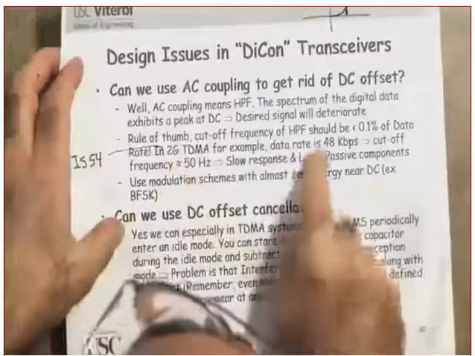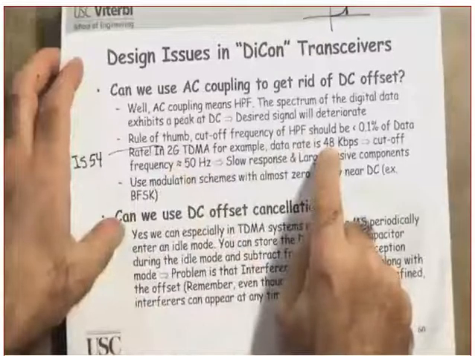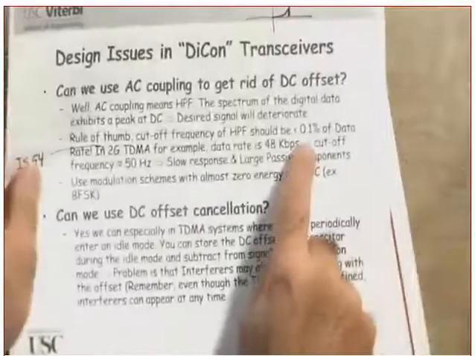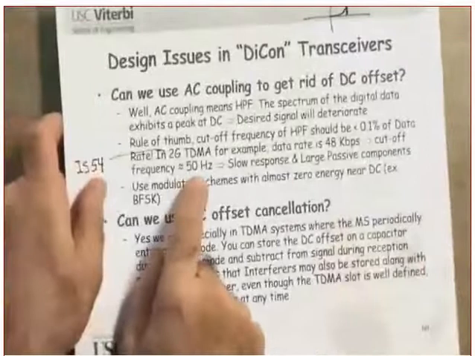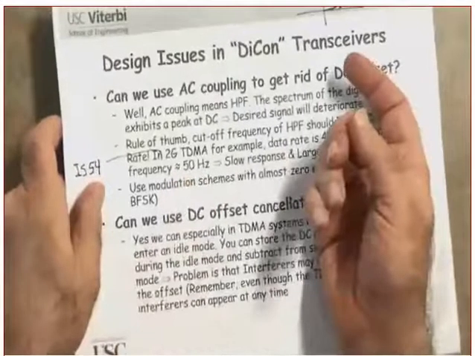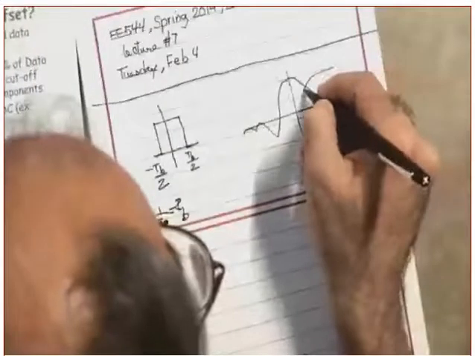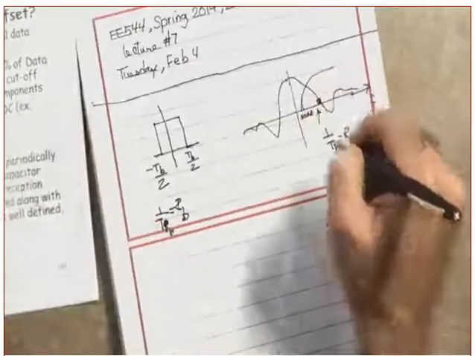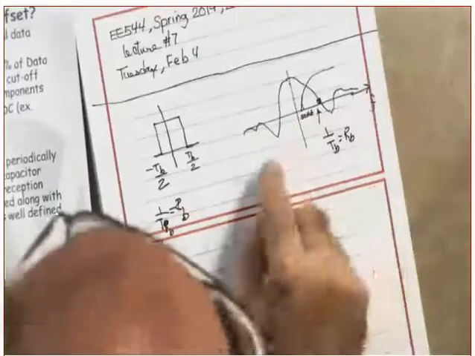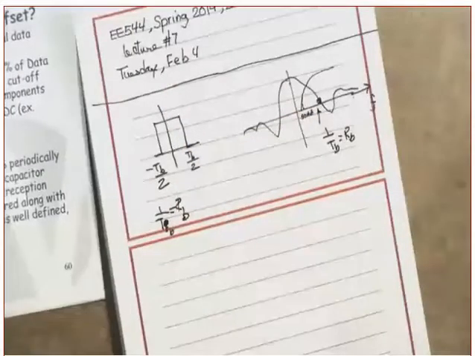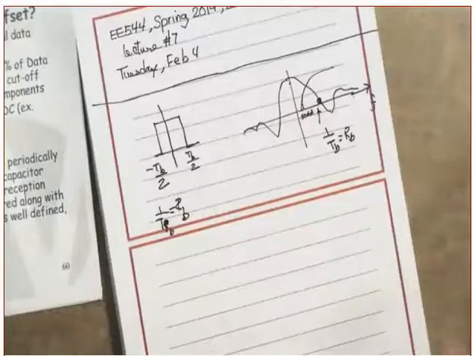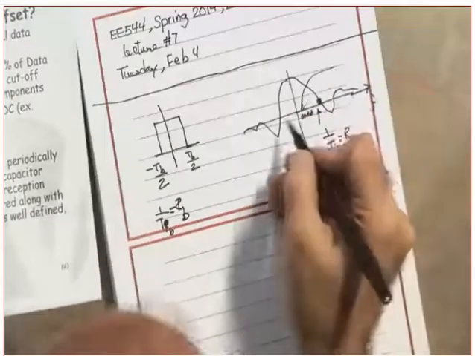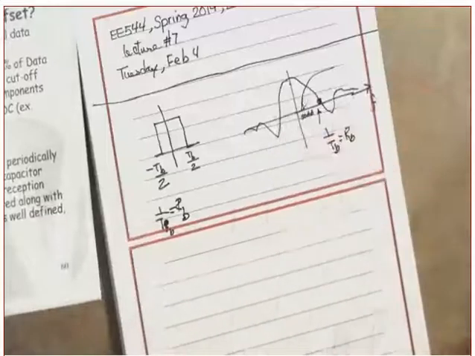For the TDMA system, the data rate was 48 kilobits per second. It means from here to here is 48 kilobits per second. So if you take 0.1%, we are talking about 50 hertz. It means that when you design your filter, the cutoff is going to be 50 hertz. The DC will not go through, and anything between 0 and 50 will also not go through. But if you use a signaling scheme that has a spectrum like this, then you afford certain